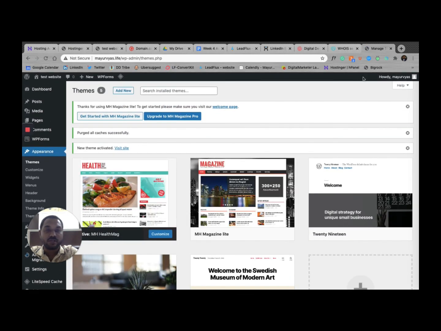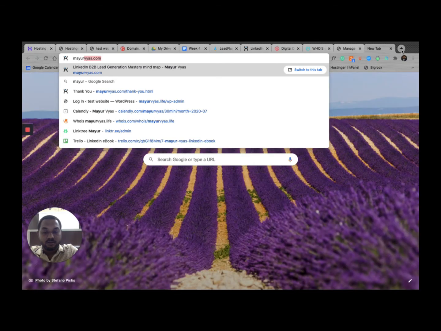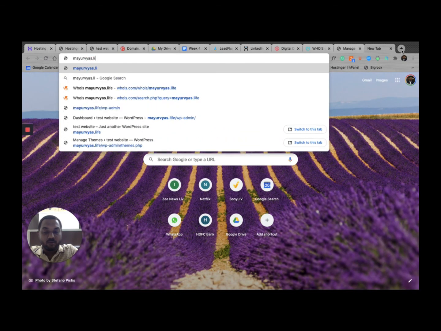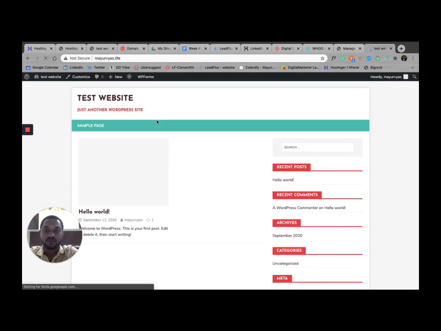Now if you see, this has become the primary theme. If I go ahead and check the domain, mayurvyas.life, you will see the changes are still not reflected. Let me go ahead and just see. Now that was a cache issue, guys. Sometimes this is a major challenge with WordPress, that it saves a lot of cache. The reason is because